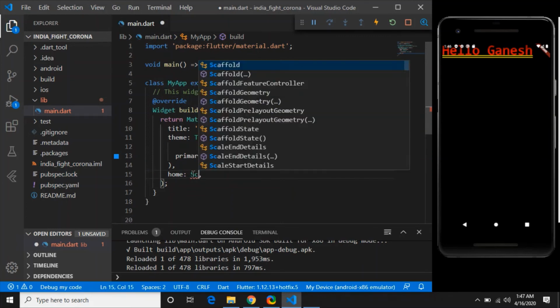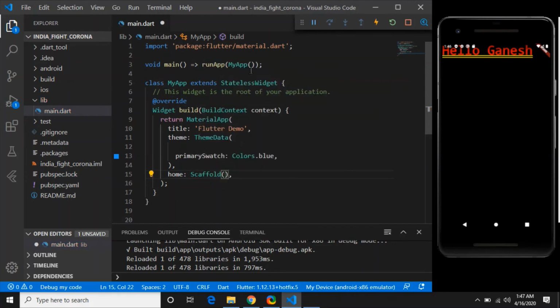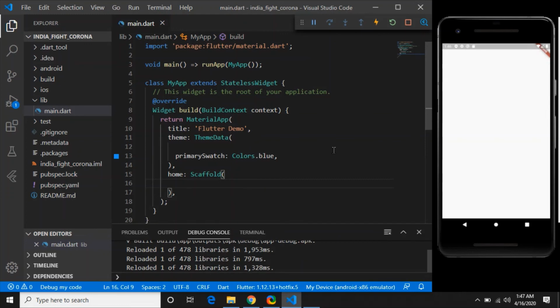I have not tried anything else, only Scaffold, and you'll see the changes. Just save it. Yeah, look, now that black screen is gone, and you got a brand new screen stating that this app is going to start. So a white screen is the default in the Scaffold.